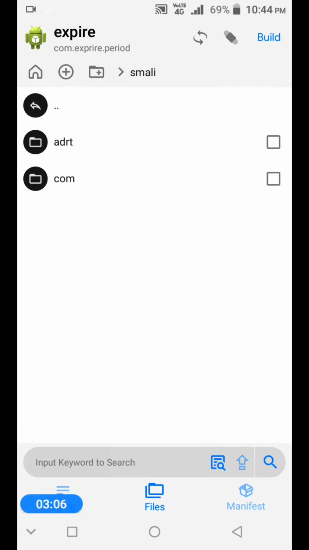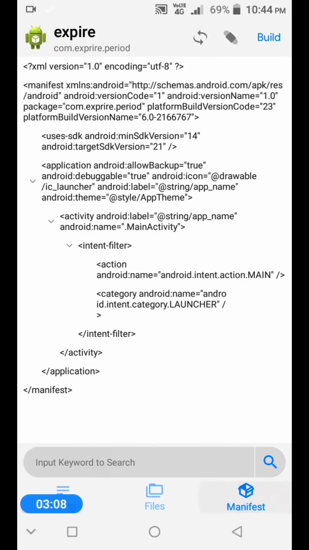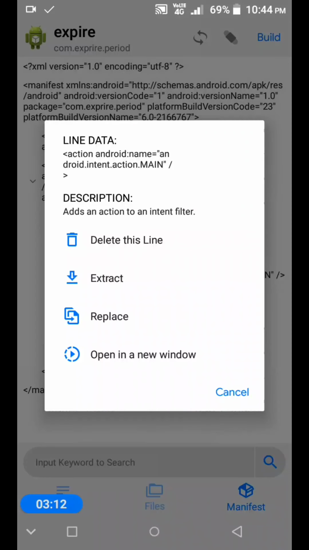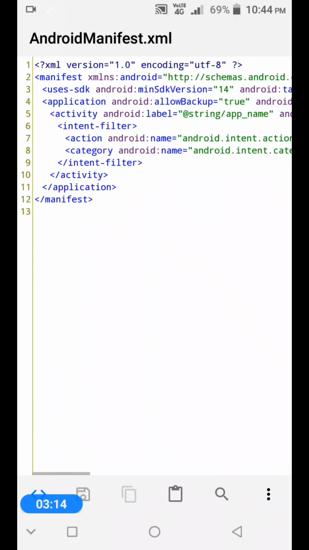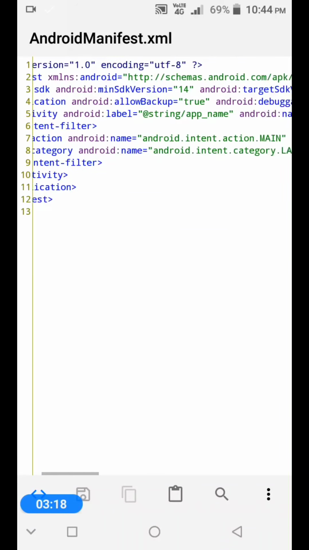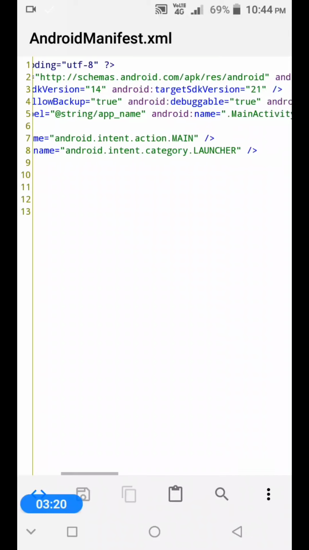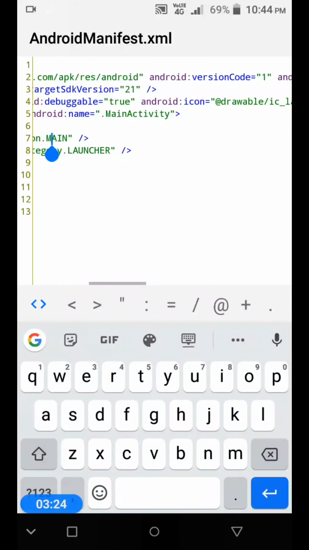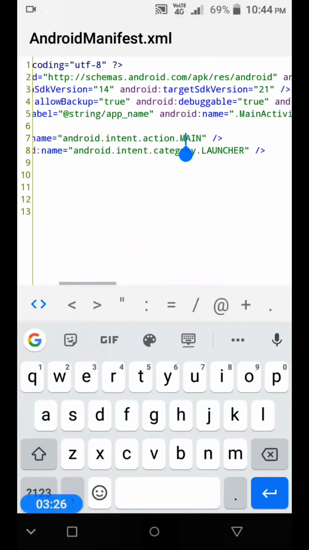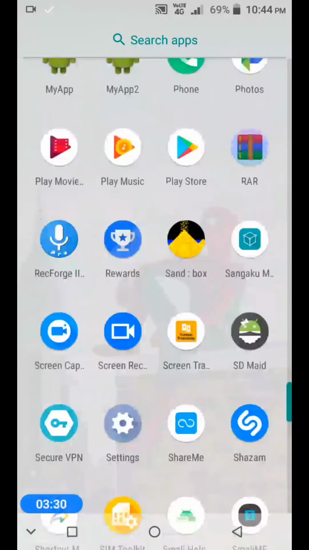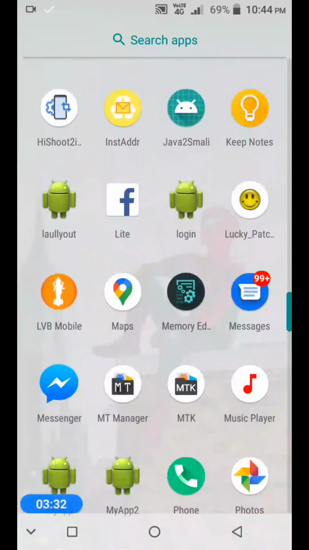Now we need to implement it in this app. Here you go to Android manifest and search for intent action main. You can see here intent action main, so it is the main activity. Now I'm going to give you a code that you need to paste there.